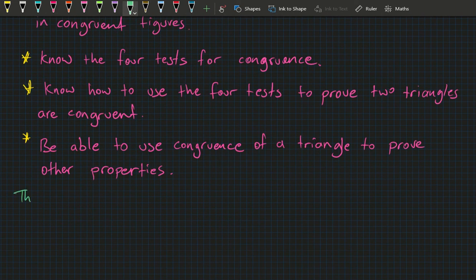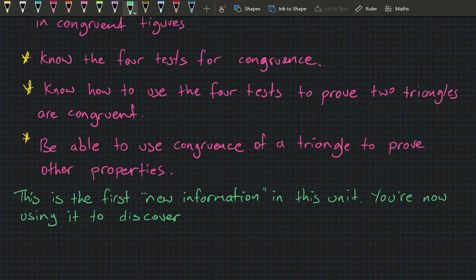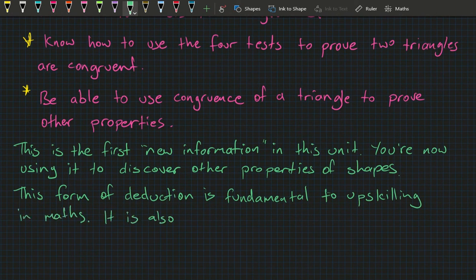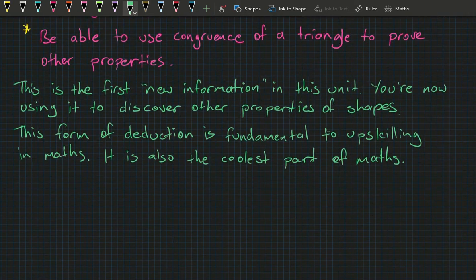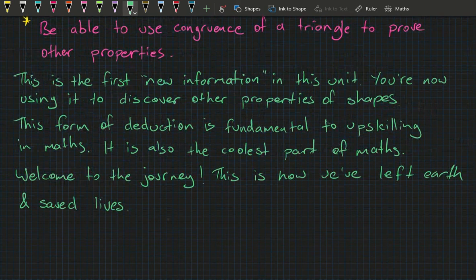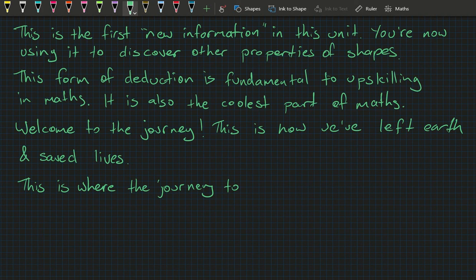Okay, this is the first new information in this unit, and you'll be using this skill to discover properties of different shapes. Using one thing we know to be true to deduce some other truth is the most fundamental part of mathematics. It's also the most fun and interesting part. So, welcome to the journey that us humans have been on for thousands of years. This is how we've managed to develop medicine and travel to other planets. Hopefully your generation takes us to the stars and cures cancer. Of course, you're going to have to keep up the hard work,